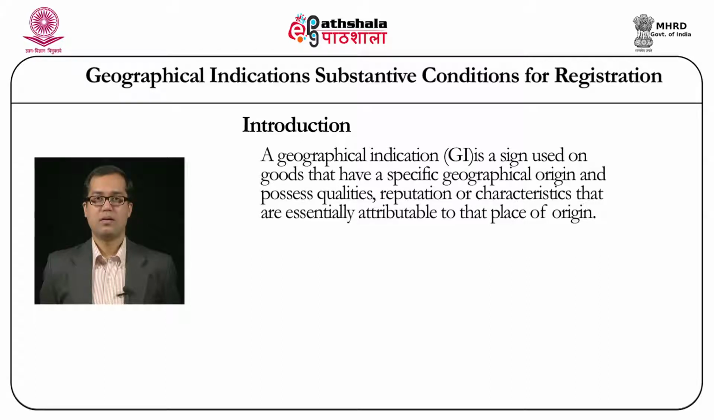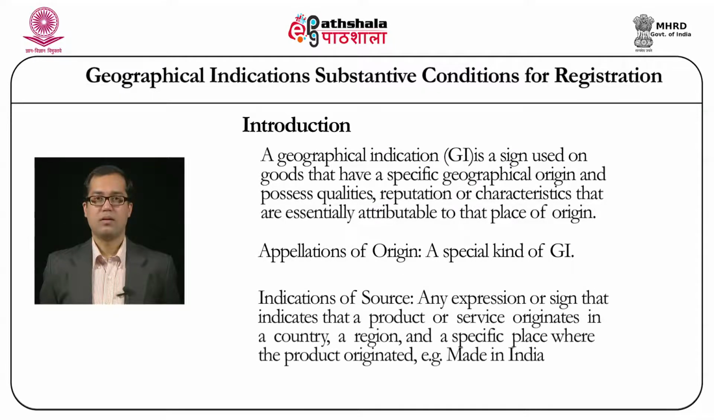So essentially, any sign which indicates that a certain product originated from a particular place, and when that product has any quality attributable to it, such an indication is called a geographical indication. Before we see some examples, it is essential that we consider two other terms, appellations of origin and indications of